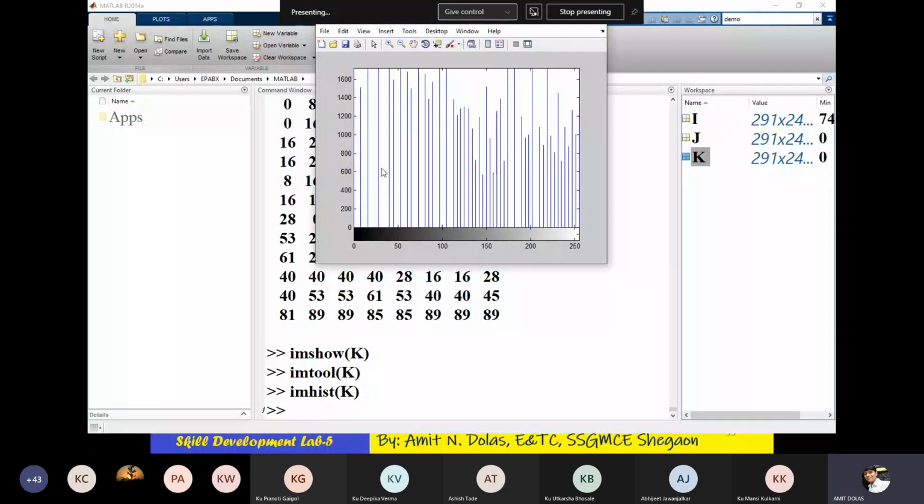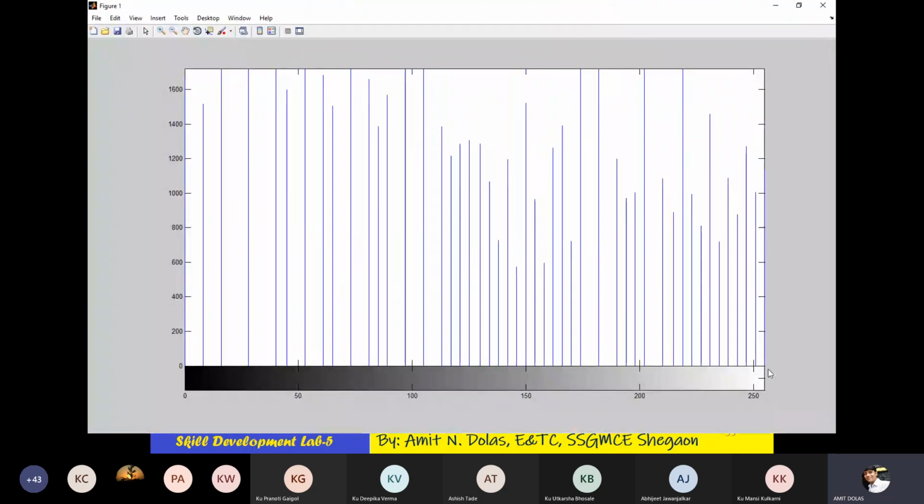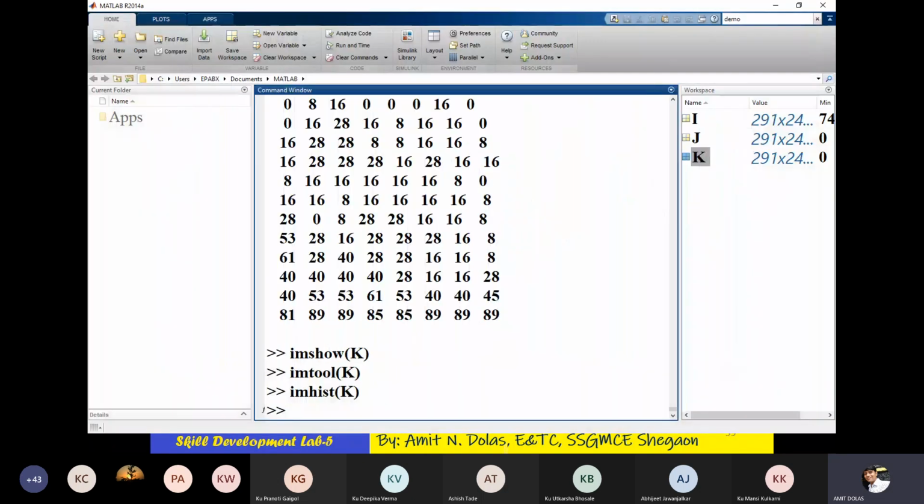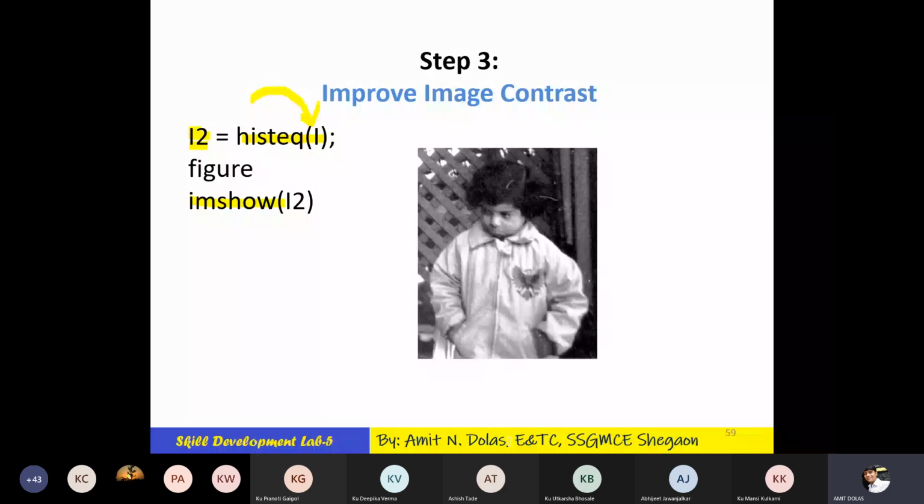So here in the histogram of k, you can see it is now normalized or equalized, wherein the pixel intensities are starting from 0 towards 255. So this is the histogram of the new image. Coming back to the PPT again, let me see the time. Okay, 10 minutes more.